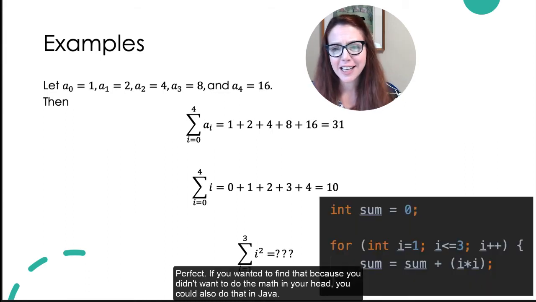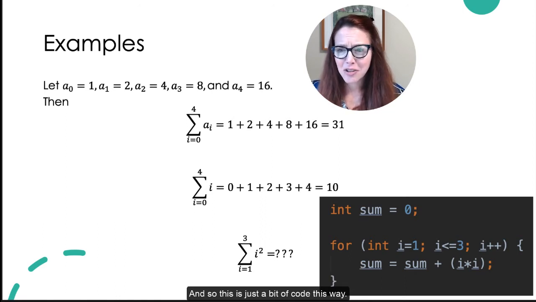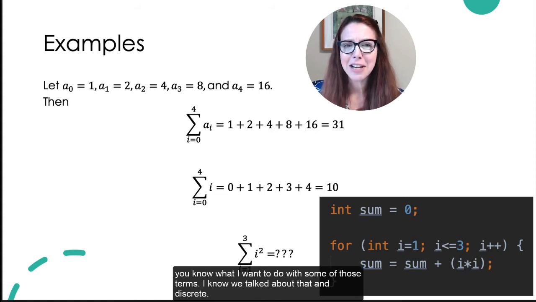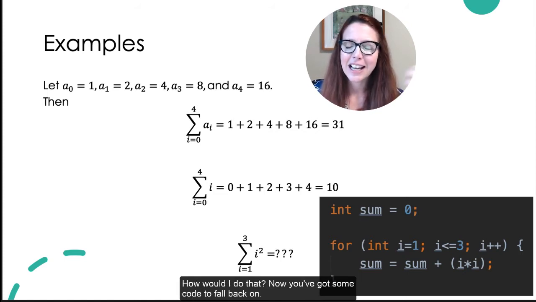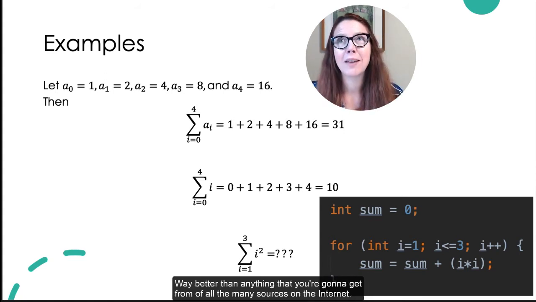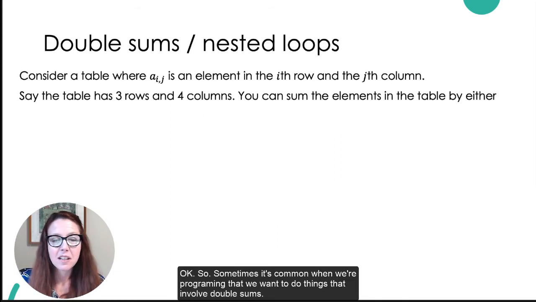If you wanted to find that because you didn't want to do the math in your head, you could also do that in Java. And so this is just a bit of code. This way, if you think about what you want to do when you're problem solving in the future in programming, and you say, what I want to do is sum all those terms. I know we talked about that in discrete. How would I do that? Now you've got some code to fall back on. Way better than anything that you're going to get from all the many sources on the internet. Okay, so